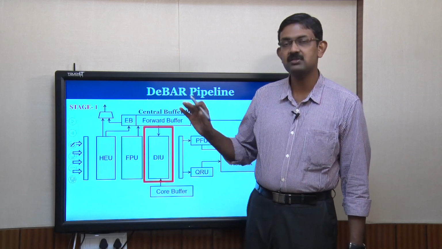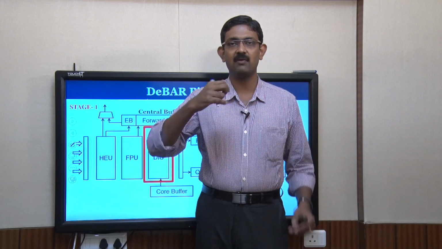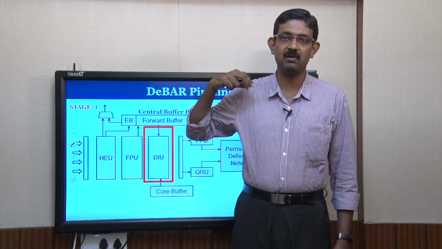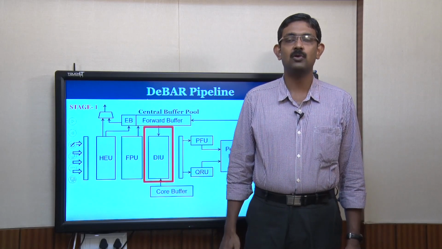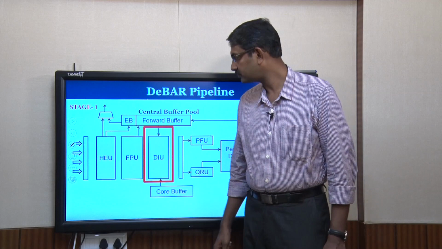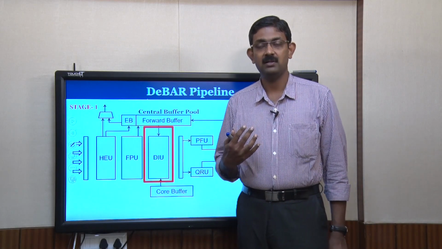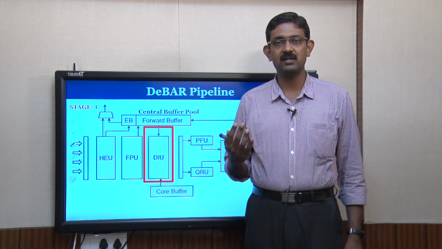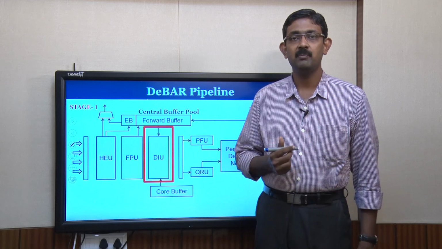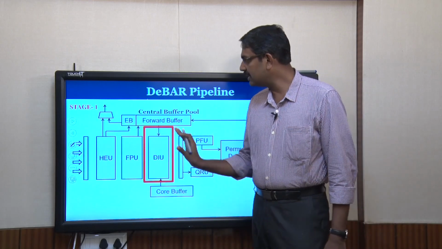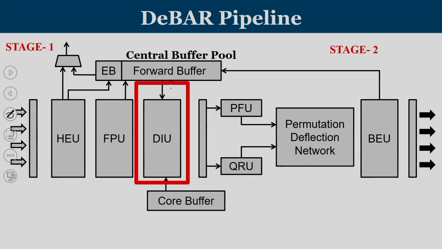So, in the case of MinBD, they have introduced a redirection circuit where a flit is forcefully removed to the side buffer, giving way, that is, creating a slot in the router's internal channel. But that will take care of starvation only from the side buffer. Starvation of the core buffer was not addressed because the core buffer came later in the pipeline in the MinBD design. So, in the case of DBAR,